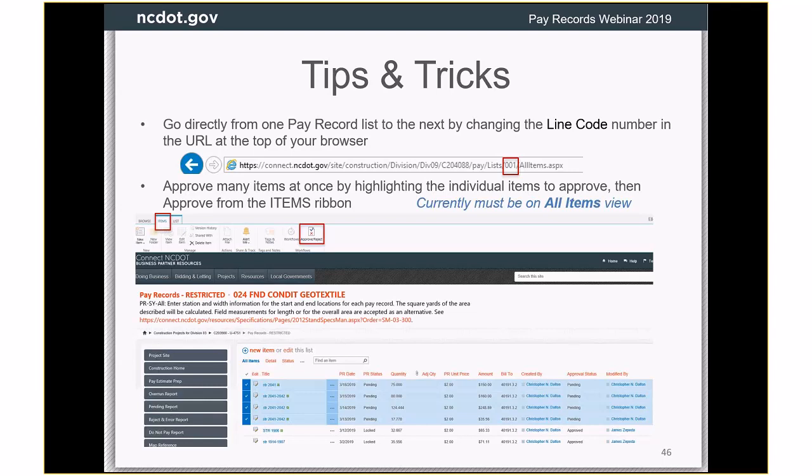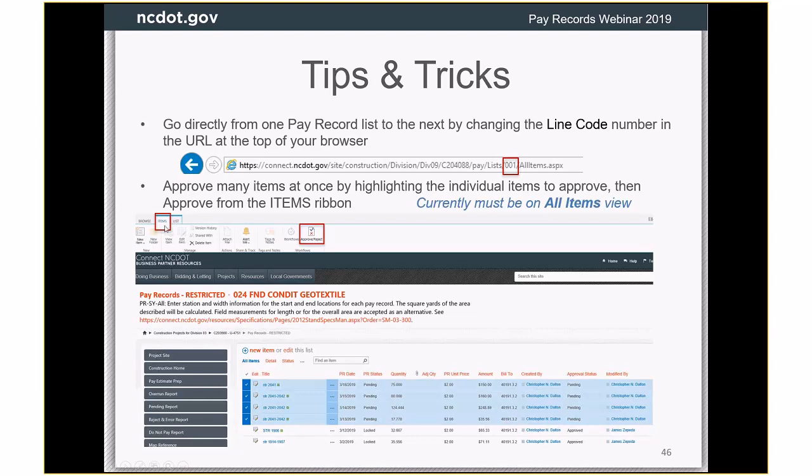Also, I've been telling people at the regional workshops about how you can approve multiple things at once. I just want to mention that to you guys. You can approve many items at once, and this works the same as everywhere else, but if you go into a given list, for some reason we don't have the approve reject view set up right for this, but we will change that. So right now you might have to do it on the all items view. But if you select whichever items you want to approve, and you can see here how it's selected, you can select a whole bunch of items, however many you want, and then